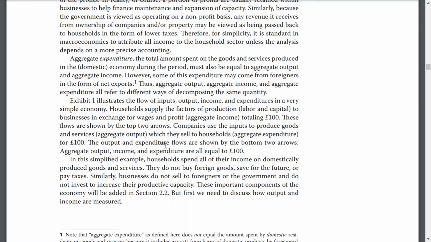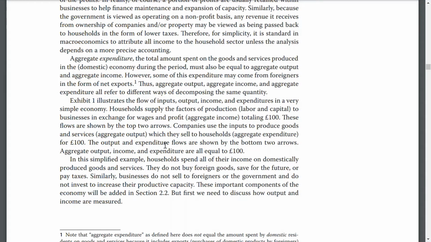Aggregate output, income, and expenditure are all equal to £100. In this simplified example, households spend all their income on domestically produced goods and services. They do not buy foreign goods, save for the future, or pay taxes. Similarly, businesses do not sell to foreigners or governments and do not invest to increase their productive capacity. The important components of this economy will be added in section 2.2, but first we need to discuss how output